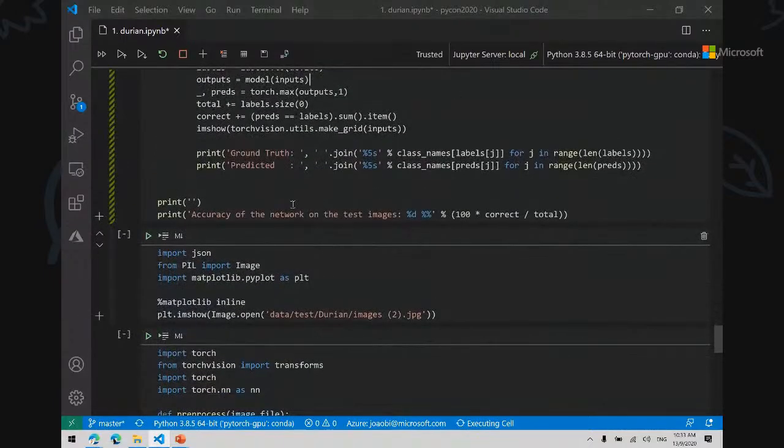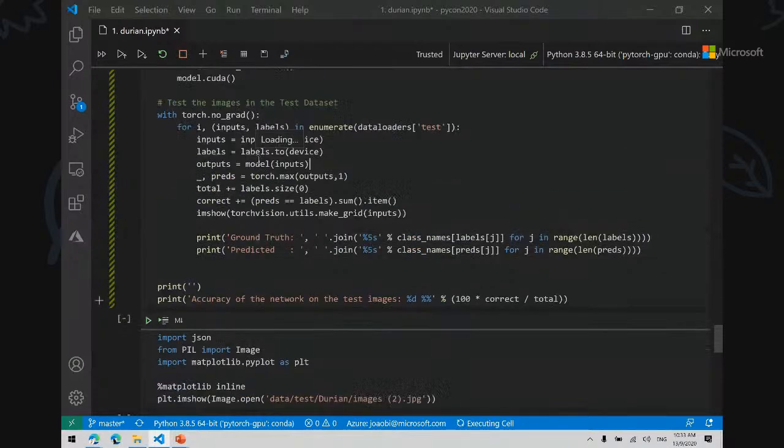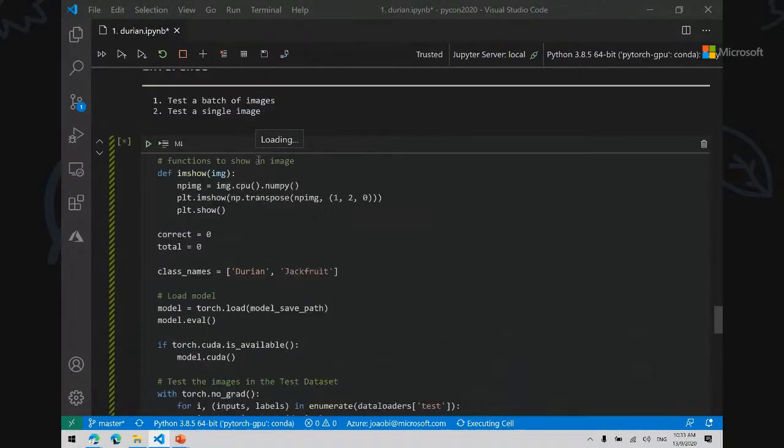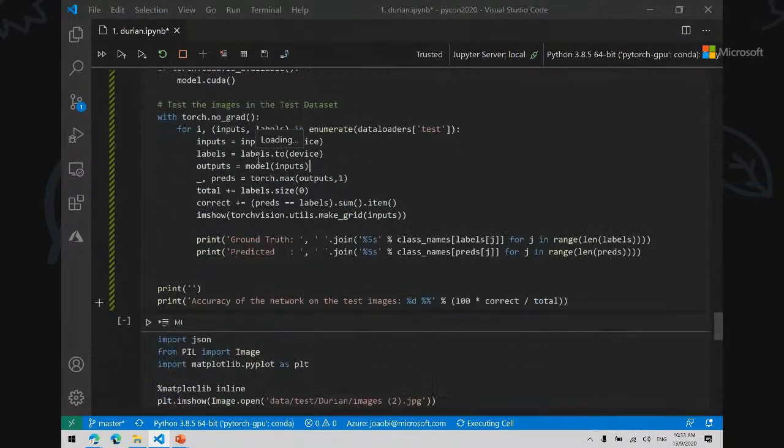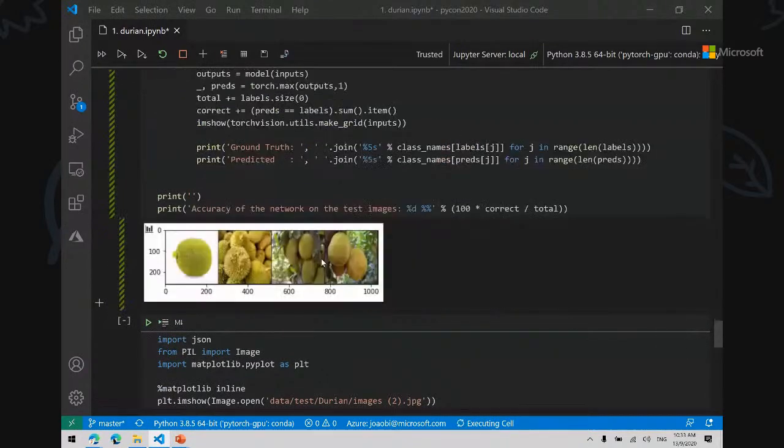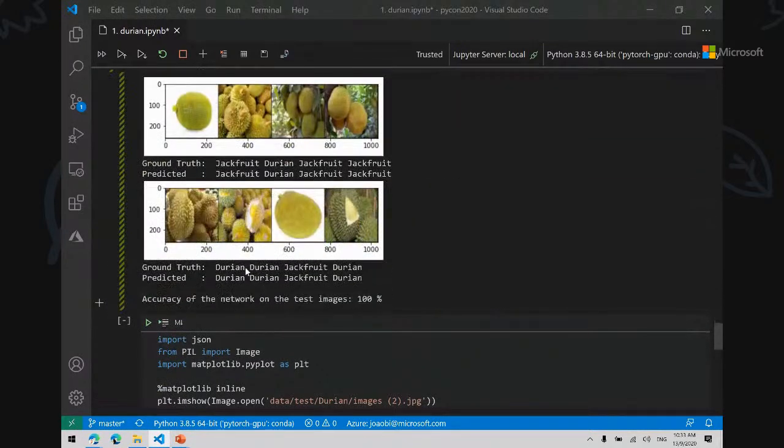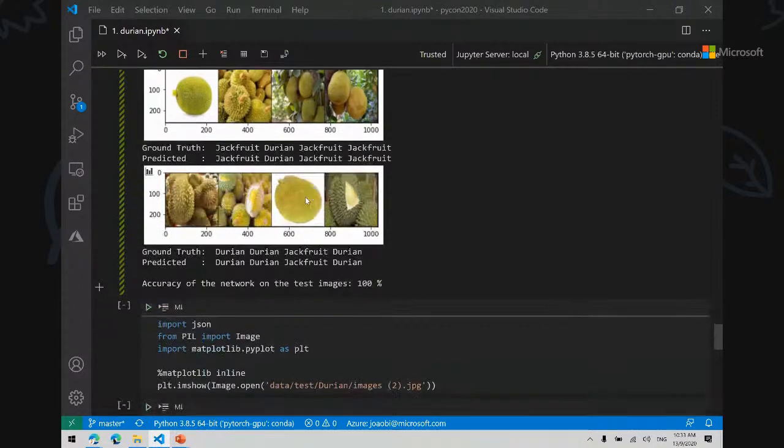It's going to predict all the different images in that data set, whether they are durians or jackfruits. There you go. So ground truth, I knew which one they were, and they're right. It's 100% accuracy, so it was pretty accurate.